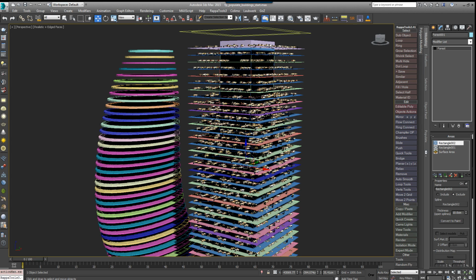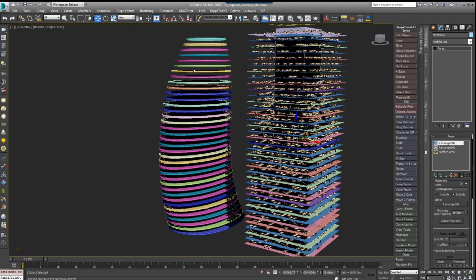But for buildings that have highly variable profiles, like this simplified example shown here, this would mean a lot of forest objects. So for these type of buildings, instead of using splines to exclude objects, we can restrict the scatter to particular material IDs. In this example, we'll offset the floor plate to create a perimeter ring of polygons and change the material ID. But before we do that, let's apply our existing Forest Pack object to this new set